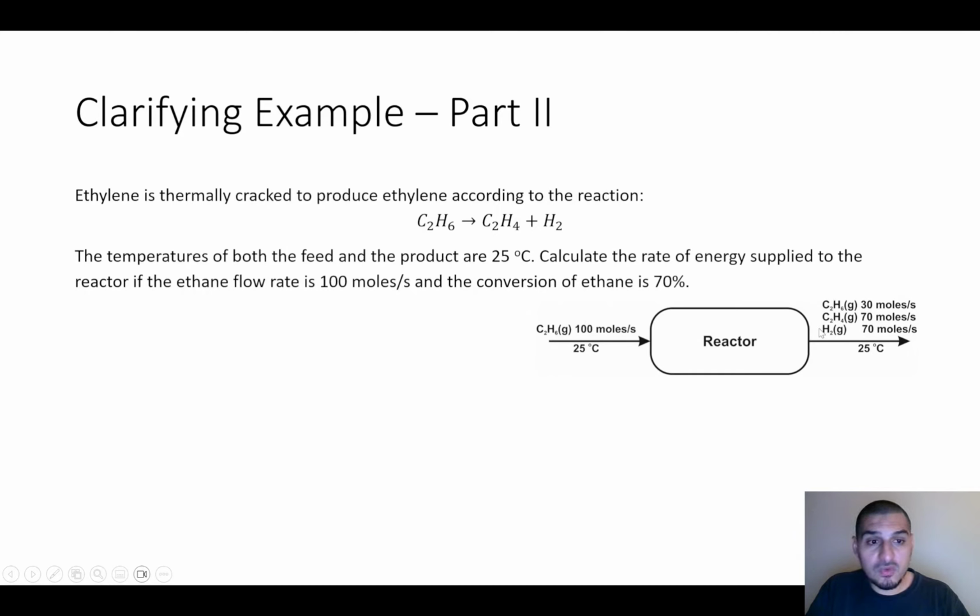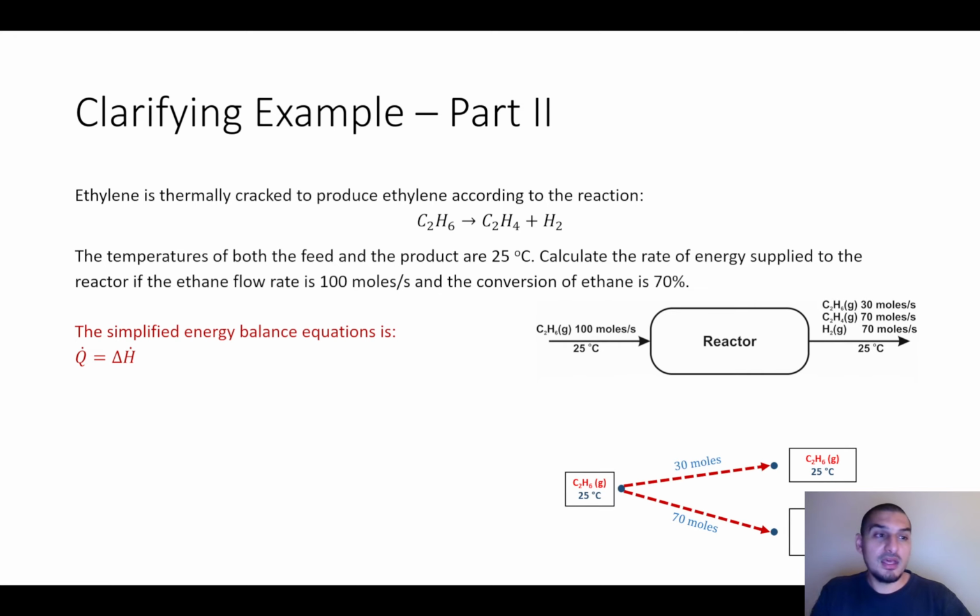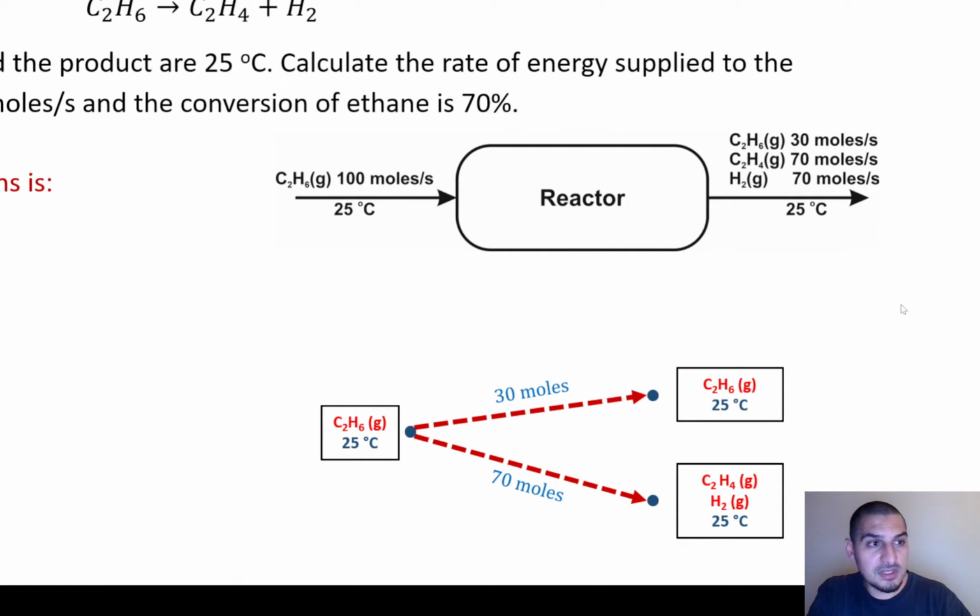70% are converted, so we have 70 moles of ethylene and 70 moles of hydrogen, and only 30% are ethane, which are 30 moles, which are not converted, which come out as a product. So if we want to calculate the enthalpy difference here, we will do the same thing. The energy balance equation will be simplified to Q equals delta H, and now this schematic diagram is going to